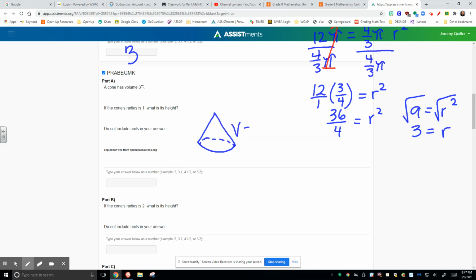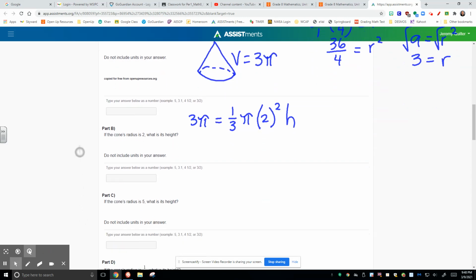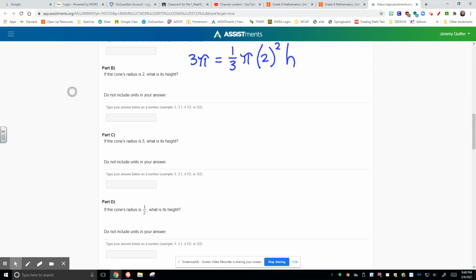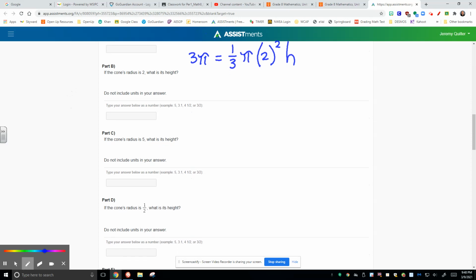This volume is equal to 3 times pi. So what you'll be doing for part B is using that 3 times pi is equal to 1/3 of pi times the radius, which we know in this case is 2 to the second power, times the height, solving for h. The next problem, you'll use that 3 pi again, because this cone we're actually recognizing is not